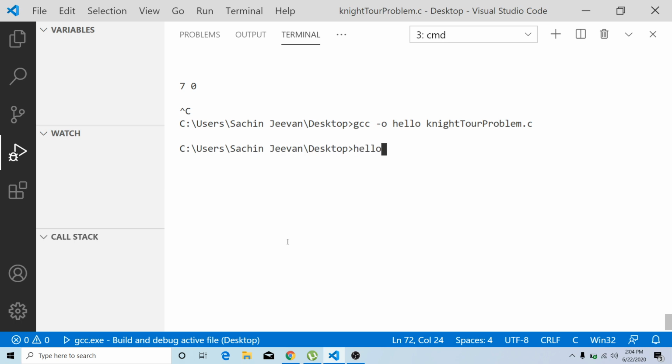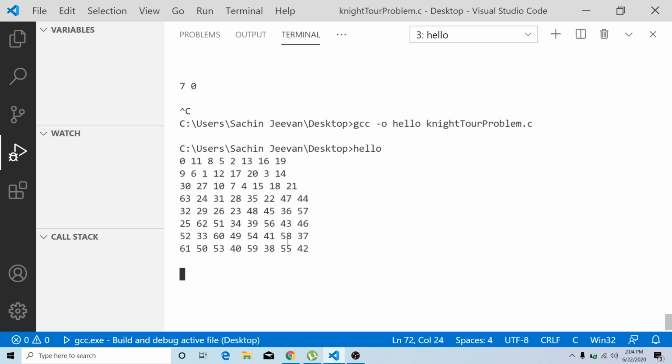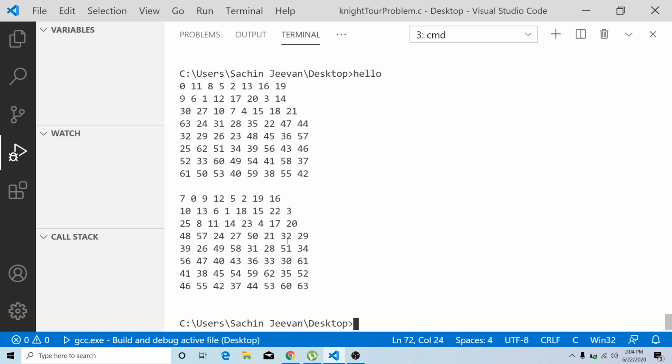So now we will go for execution. So you are able to see the first 2 possibilities actually. Okay, so you start your 0 from here, the 0 comma 0 cell, then 1, then 2 here, 3 here, then again 4 here, then your 5 at this position, then 6 here.